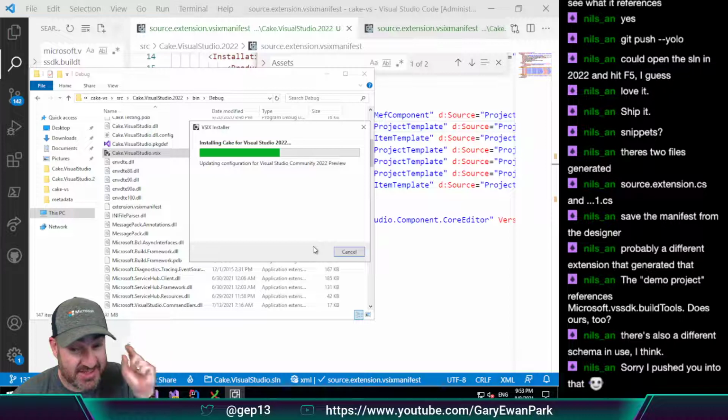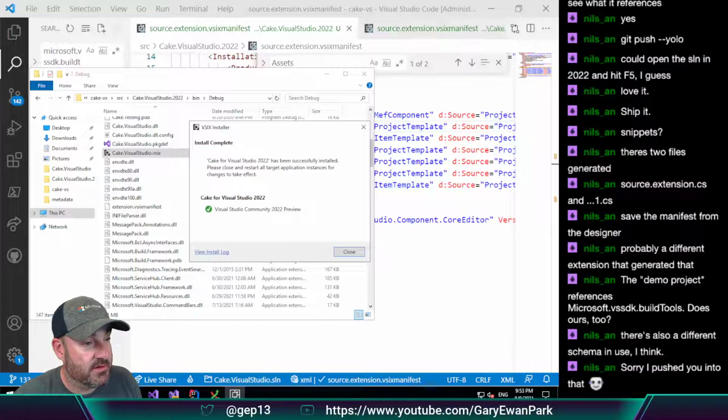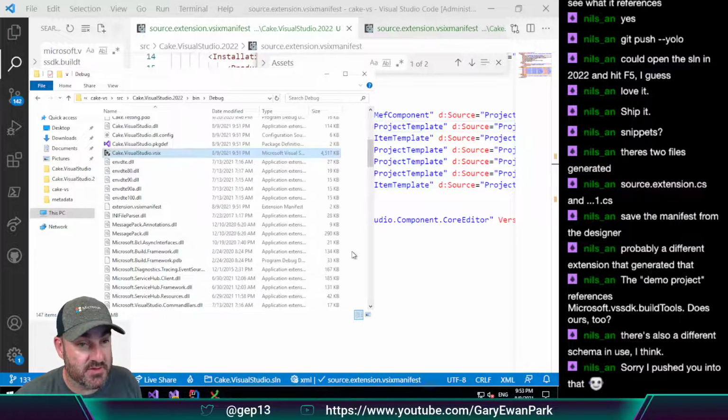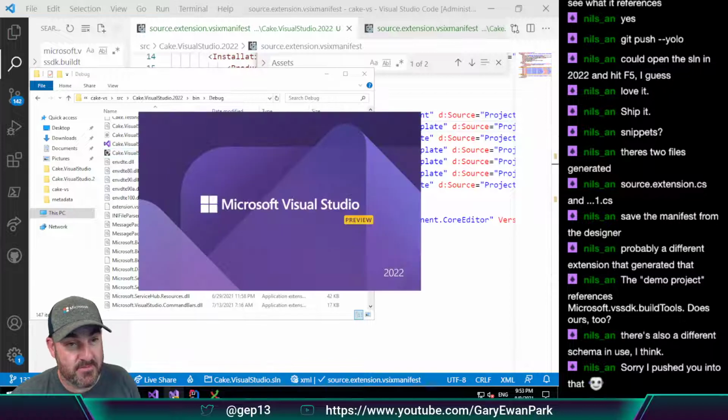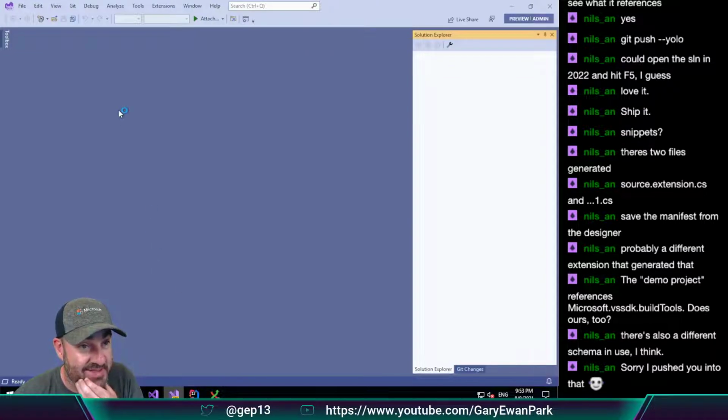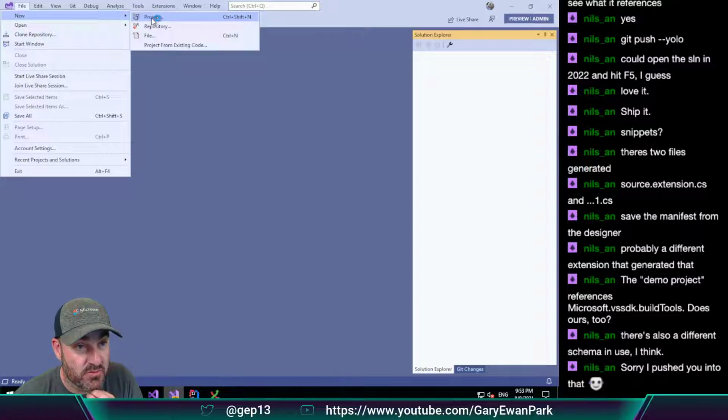If this worked, we'll class this as a small win, and we'll finish it there for tonight because getting close to the end of the evening now. Okay, so it installed. Open up the preview of Visual Studio 2022 and see what we get. So if that worked, if we do File, New Project,